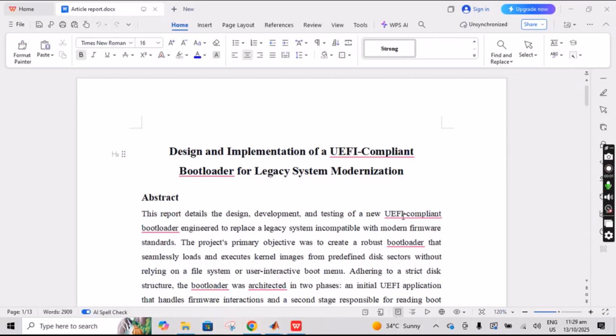Hi, this project is related to the design and implementation of a UEFI compliant bootloader for legacy system modernization. Basically, this is the system development structure of an operating system. We call it a Windows subsystem, and we designed this Windows structure system for the development